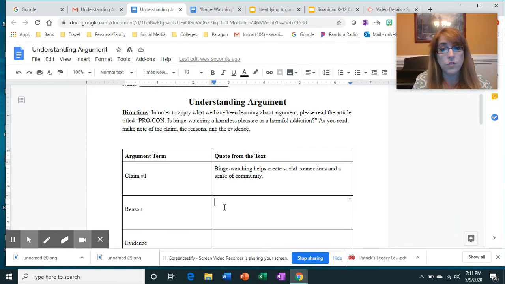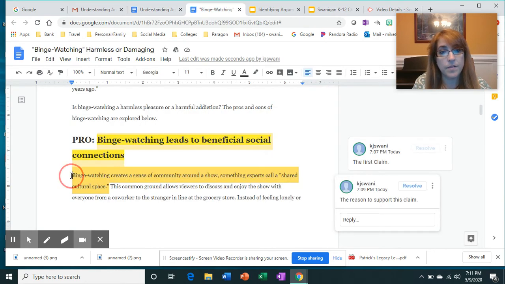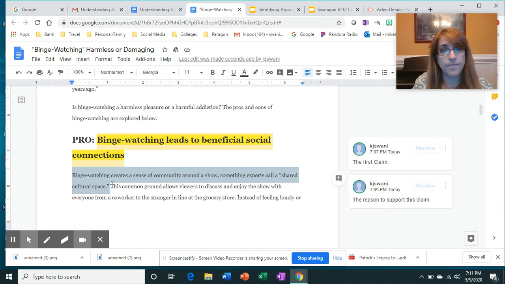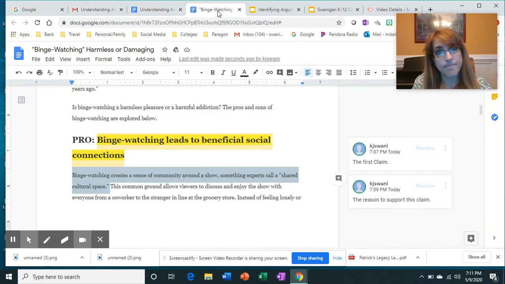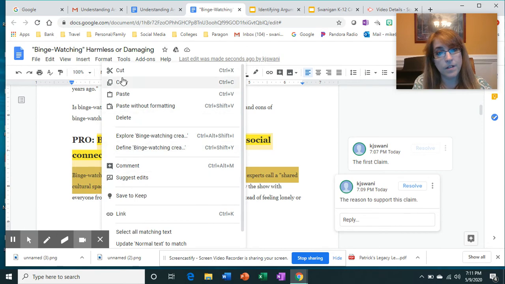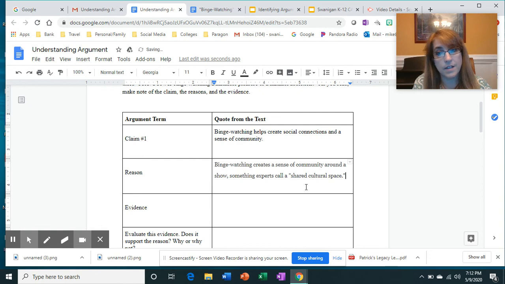So Control C, Control V, hopefully. Let's try again. Control C. I'm going to copy that and we're going to go back here and we're going to paste it. Okay, now remember when we copy something, we want to make sure that we put the quotation marks around it so that we're reminded we copied it word for word. We don't want to claim something as our own words if we've copied it, okay? So we put those quotation marks.